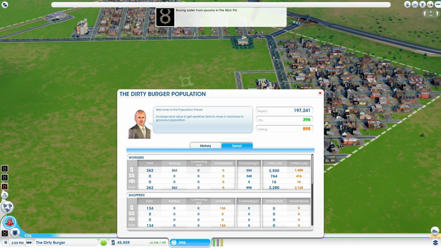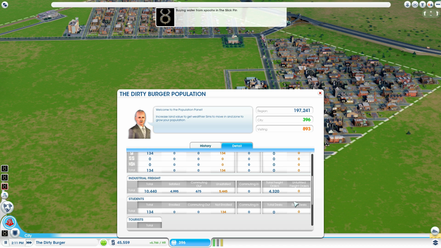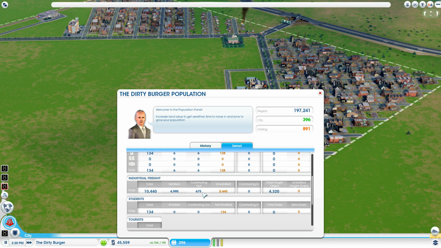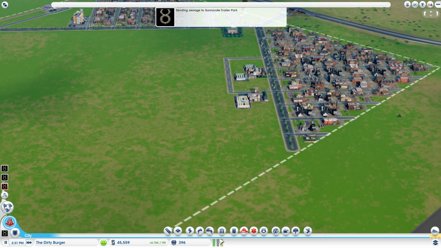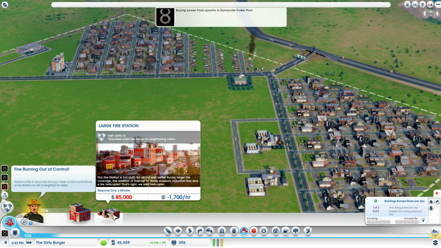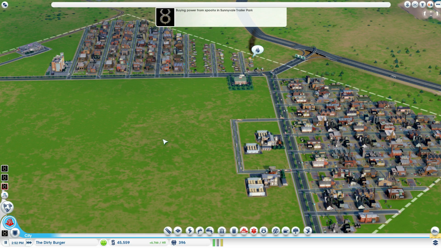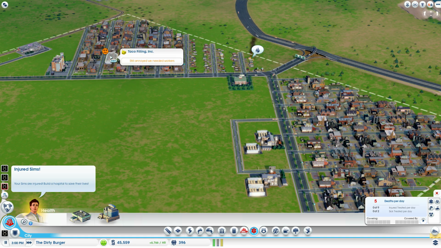Might be time. Who knows? I somehow feel like this freight is being consumed by Sunnyvale. I don't know about that, but as you can see, we still have an infinite amount of industrial demand. So what we're going to do is... yeah, it's always sickness in the industry, hey? The problem with sickness in the industry is...